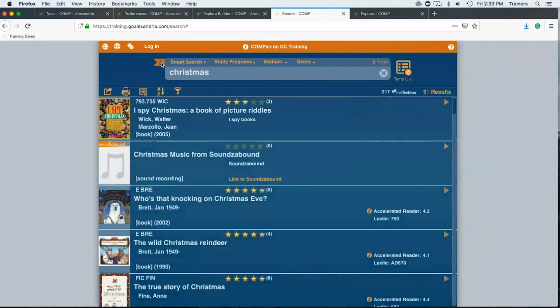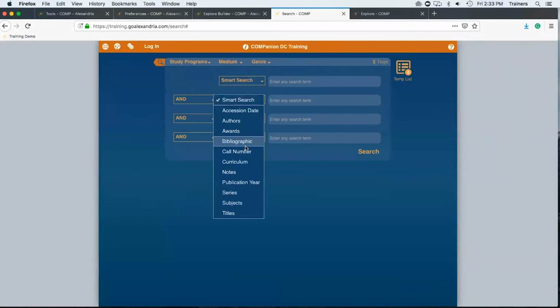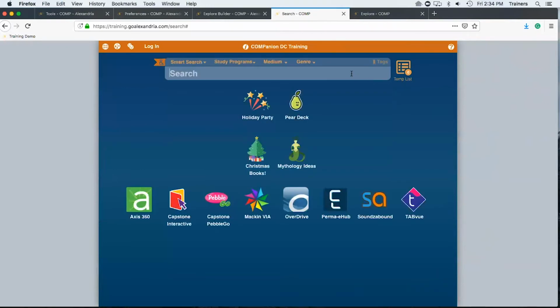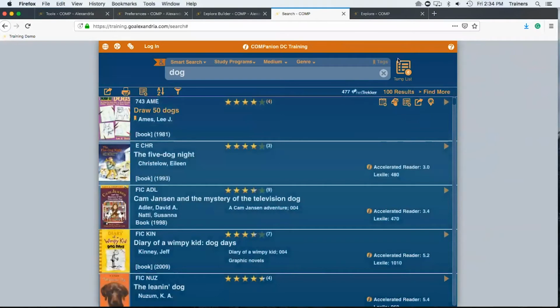You can also do a search that utilizes the advanced searching dropdowns to make it a more specific and unique search to your individual needs. You can also create lists. So if I bring up a list of different books I want to put in my specific search, I can put it under, and you do want to make sure that you're logged in to do this, as the temp